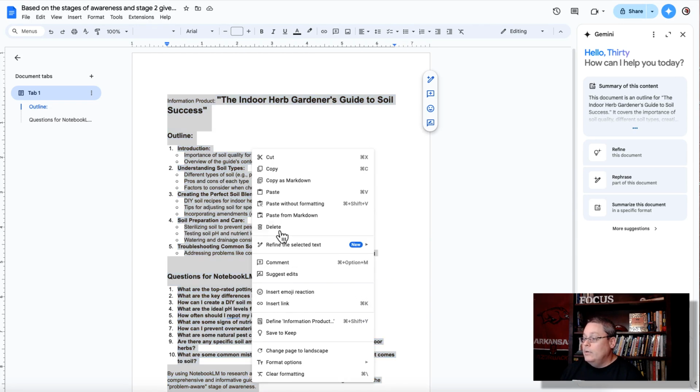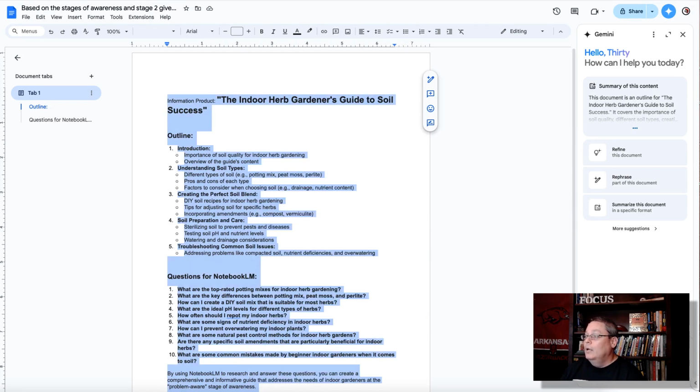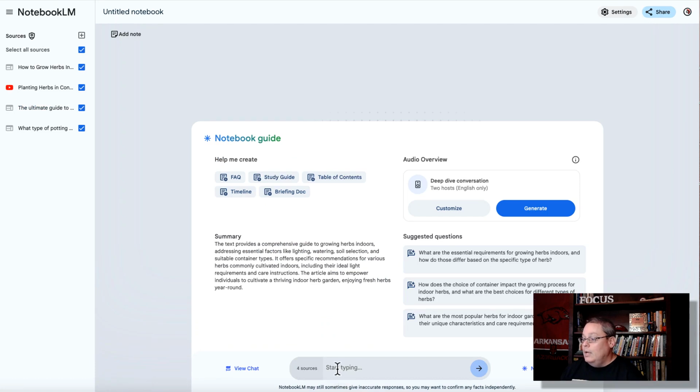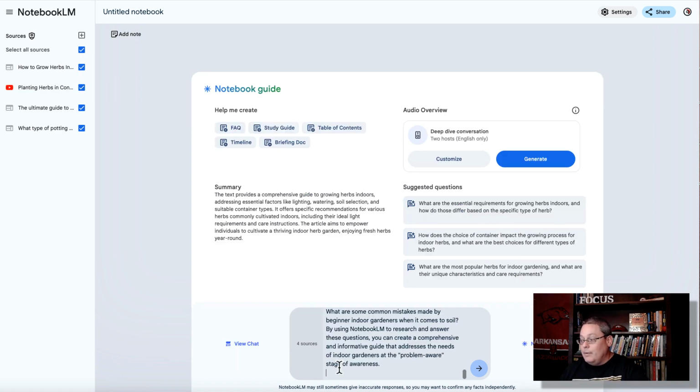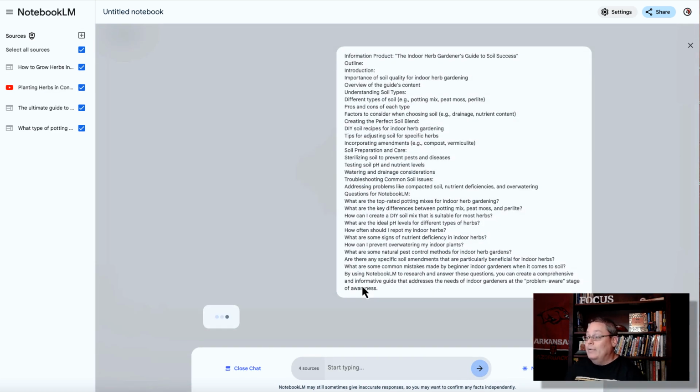So what we're going to do here is we are just going to copy all this information. We're going to go back to NotebookLM and our sources, and we're going to chat with all 4 sources, because you see the 4 sources down here: 1, 2, 3, 4, we have them all selected. If I was to deselect one, it would only chat with those 3 sources. So we're going to select all of them, and we're simply just going to paste that document, or that information we got from Gemini that we now have in a Google Doc,